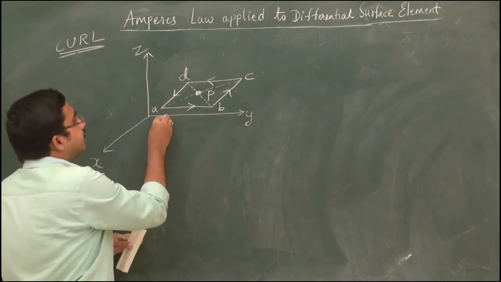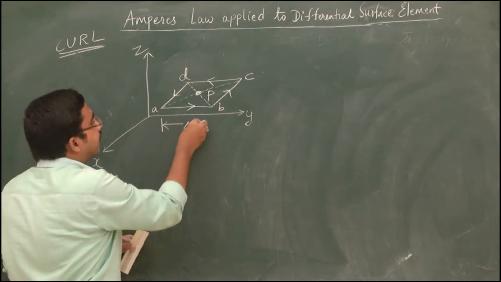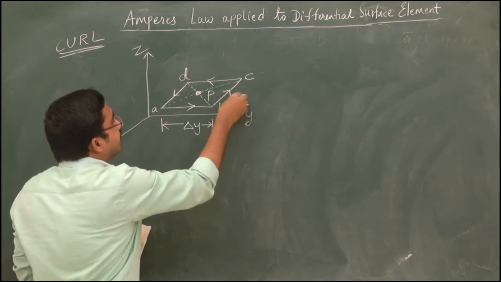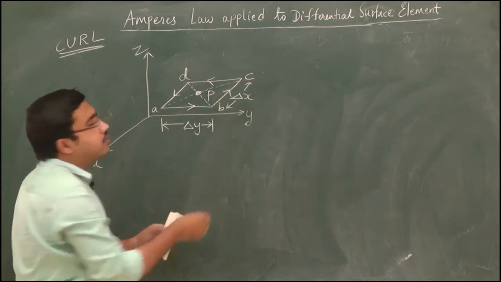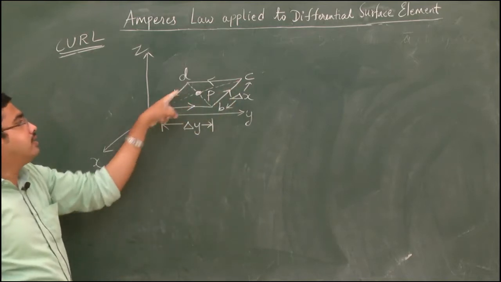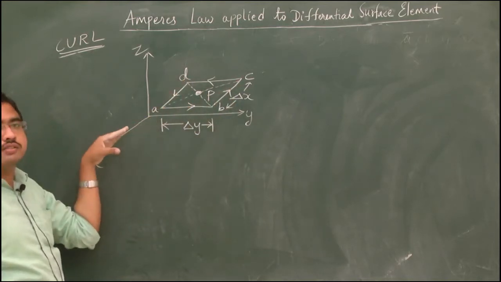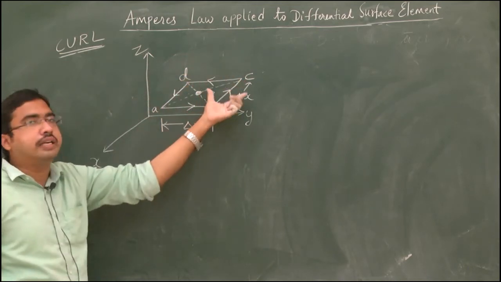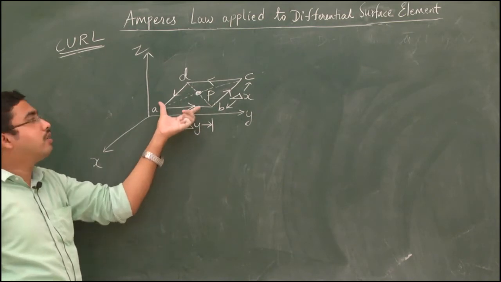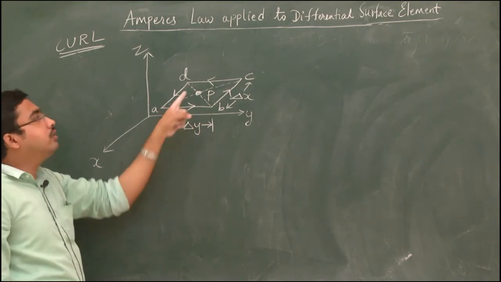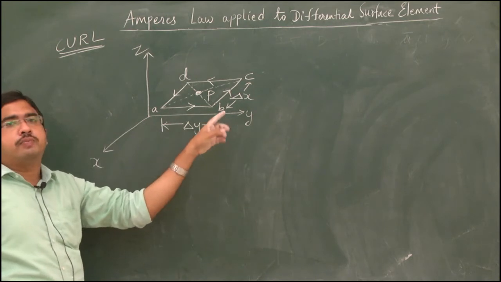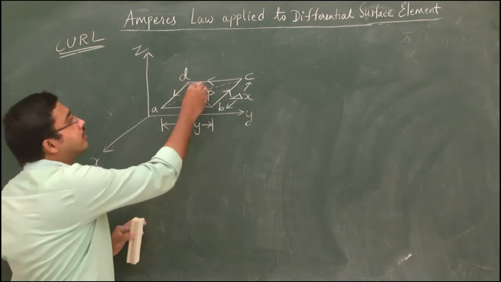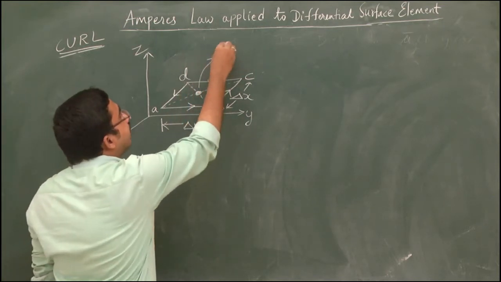Let us take that the breadth of this is delta y. The length and breadth are delta x and delta y. Because this BC side and this DA side are matching with the x-axis, that's why I am taking this length as delta x, and this AB or CD are matching with the y direction, so I am taking delta y. Now for this Amperian path, if I apply Ampere's circuital law and if I want to find the magnetic field intensity H bar